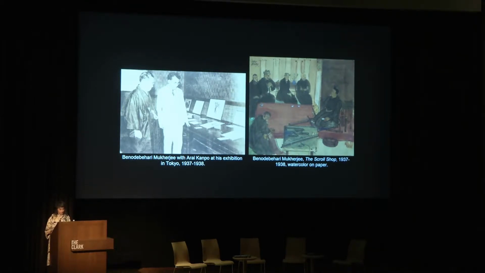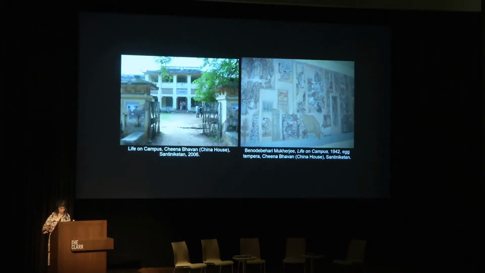Mukherjee visited Japan in the 1930s, seeing firsthand the scroll painting traditions that he would translate in a mural, Life on Campus, on the walls of China Bhavan, the Department of East Asian Languages and Literatures at Visva-Bharati. While Mukherjee's mural emphasizes cultural aspects of the art school as ashram, presenting it as a secluded and scholarly enterprise,